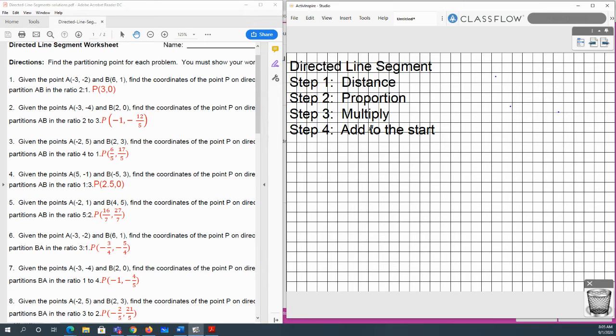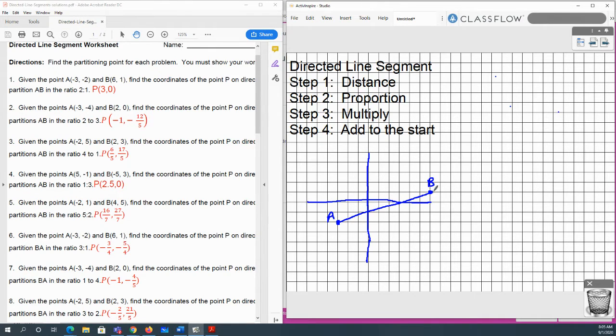All right, cool. So we're going to plot these points. -3, 2, and let's plot it over here. This is just so we can kind of visualize it. So we got -1, 2, 3 down 2 here. And then 6, 1, 1, 2, 3, 4, 5, 6, up 1 here. And now we're going to just draw it. That's just a segment. Well, a directed line segment, and it says this is point A, and this is point